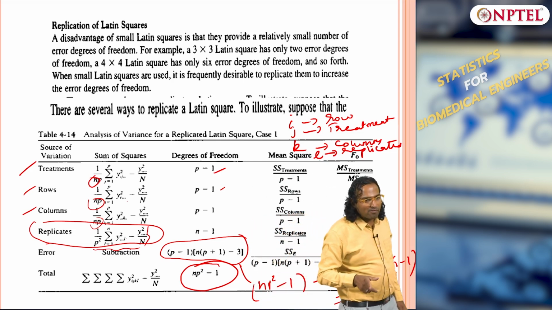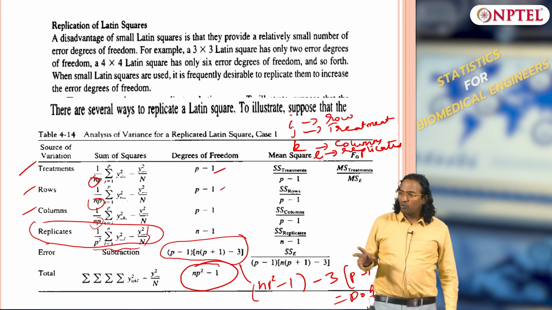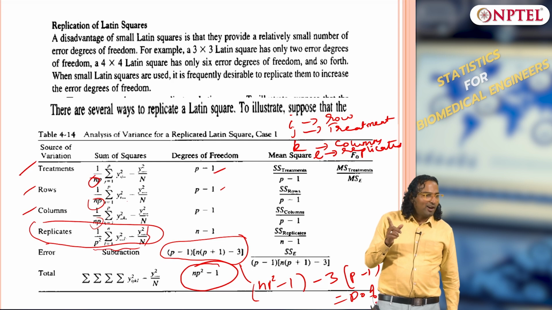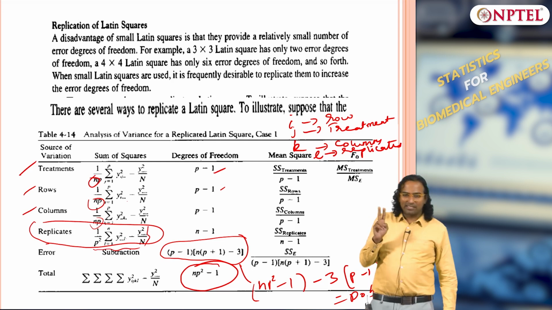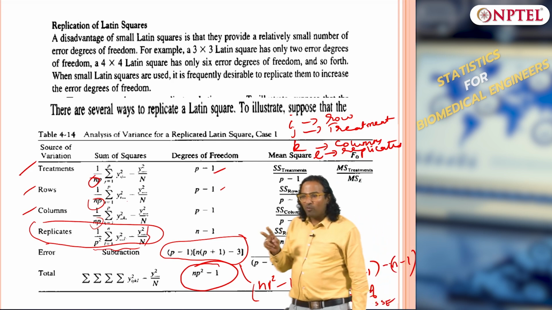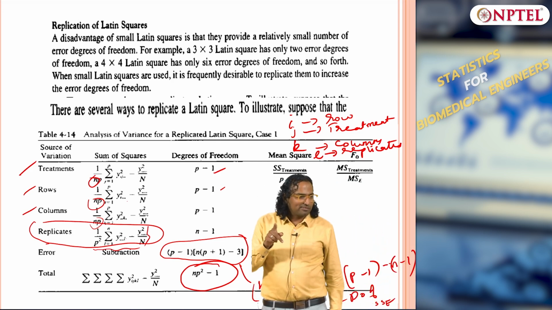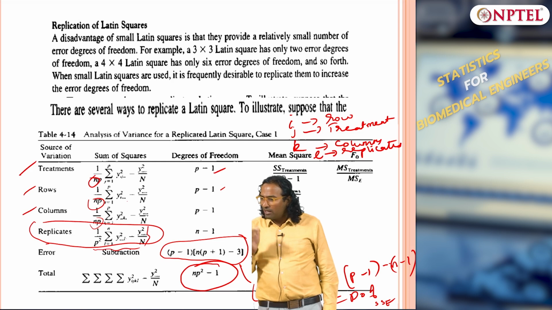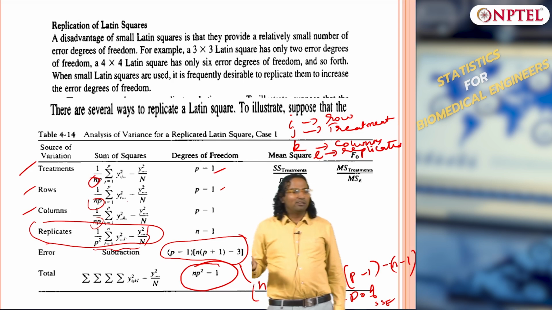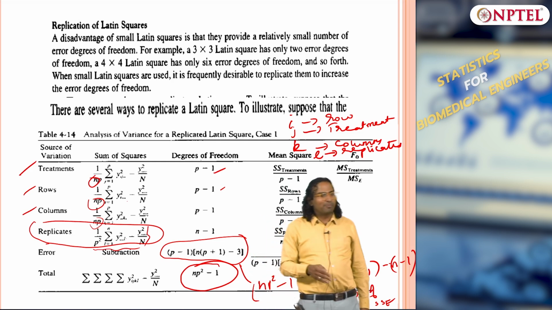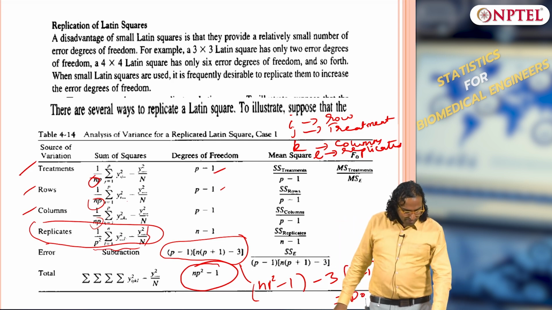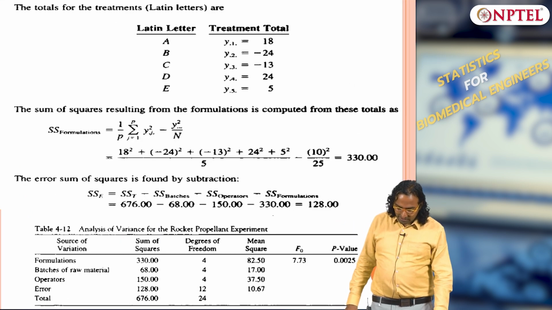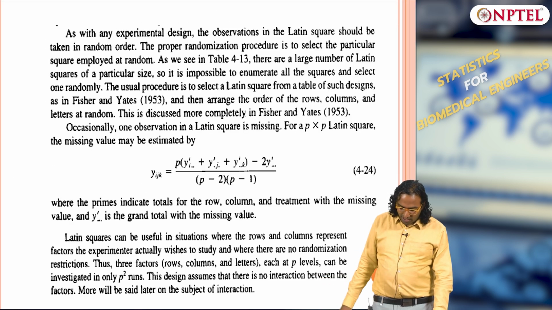So far we have not learned any interactions; we have learned one way ANOVA without interactions. That is why it is called one way ANOVA, only one factor. I did not consider 2 factors. If you consider 2 factors, it will become a 2 way ANOVA, and I should also consider interactions. We learned one way ANOVA, then built on it to learn blocking for multiple variables, which is what Latin square is. Clear? Any questions? I have given a little bit of derivation, I will not do this.